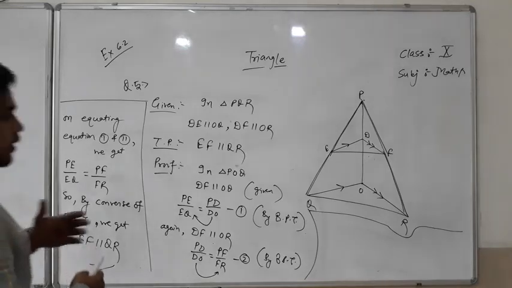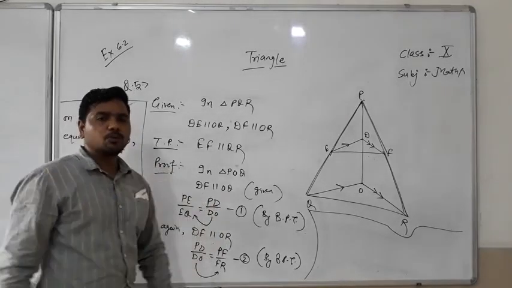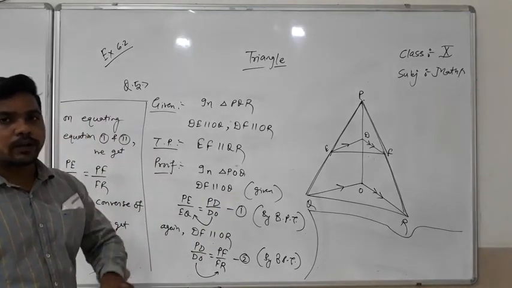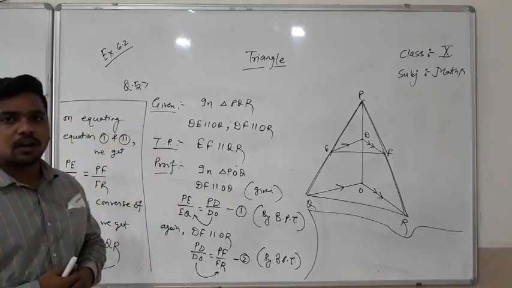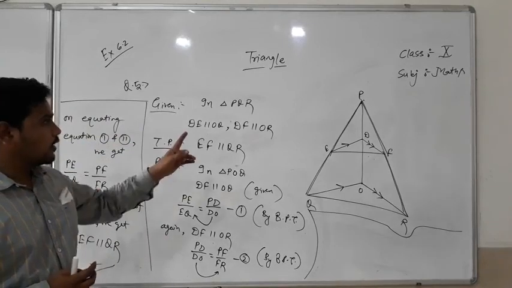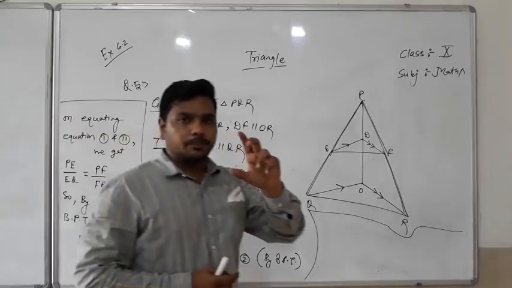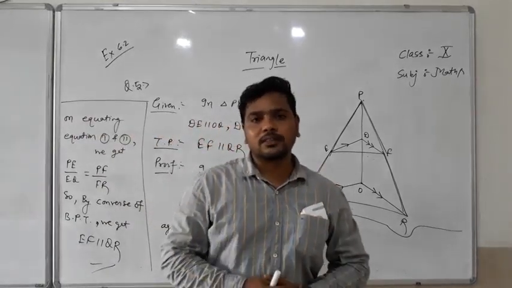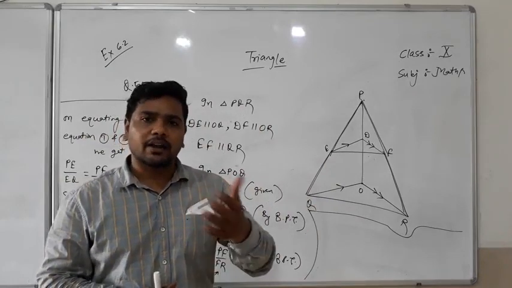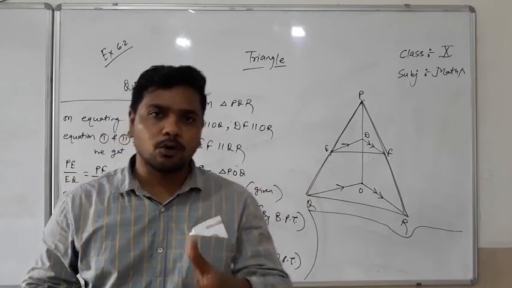So the homework for you is that complete both the theorems, learn both the theorems 2 times or 3 times and do it on the rough copy and in pairs also. And after it all, complete your work up to exercise 6.2. Okay, complete 6.1, that is very easy, and complete your work up to exercise 6.2 all of you. Okay students.